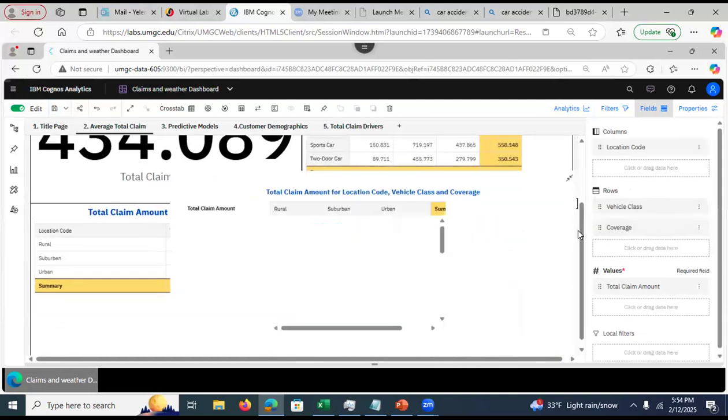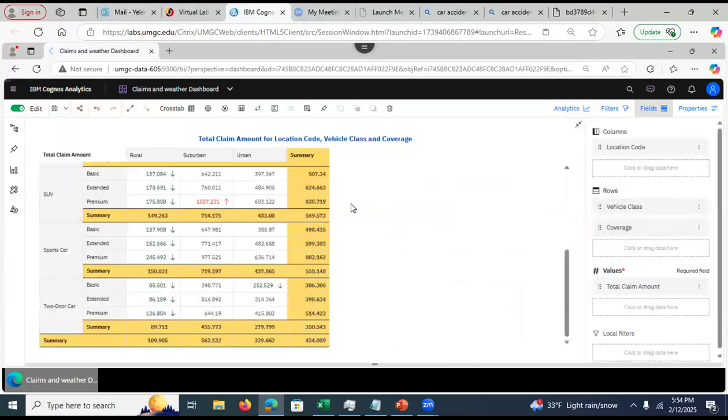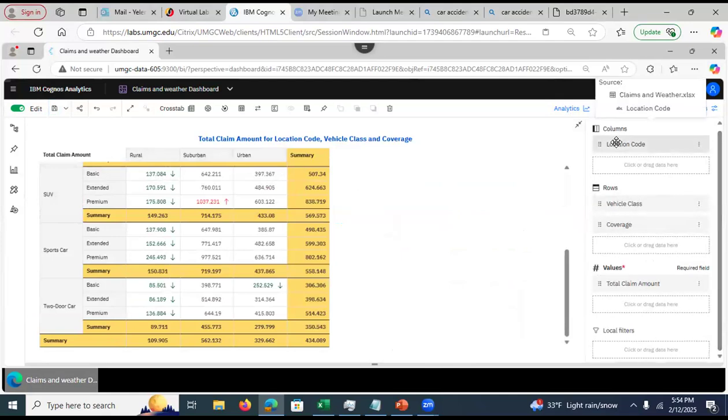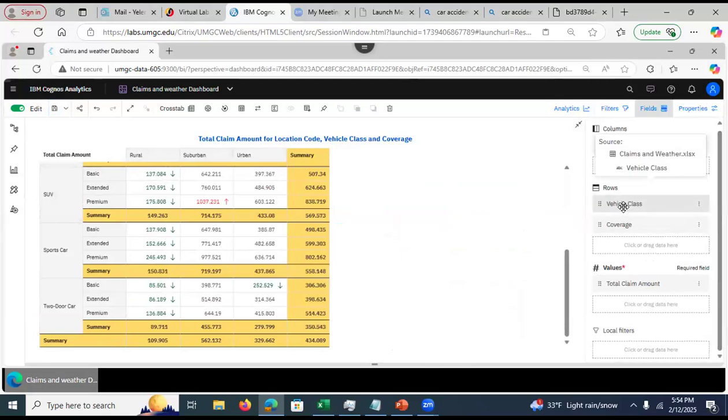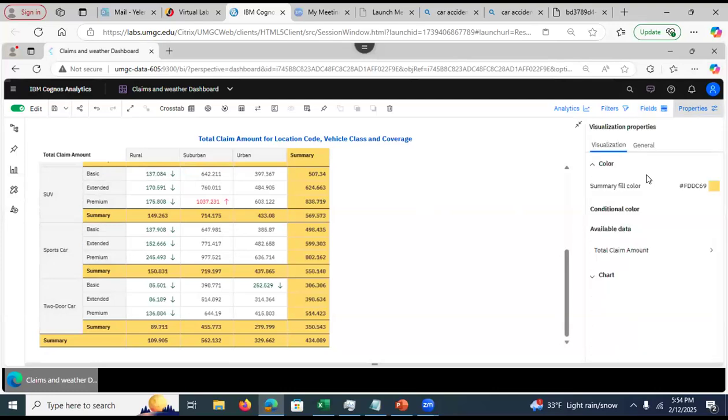Take a look at that. What I want to do here is break down more. I want to break down by the coverage type. See that? So the column is location code. Then here, it's a vehicle class and a coverage. Then, what else am I doing? For the properties, I can